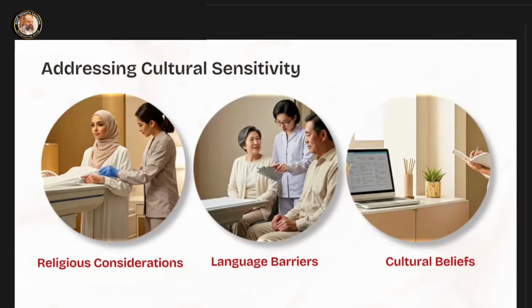Language barrier is also very important. Certified medical interpreters are essential when explaining complex imaging findings with nurses, ensuring that technical terminology is accurately translated and comprehended by families. Then are the cultural beliefs. Various cultural perspectives on technology, radiation, and interventional procedures may require tailored approaches, with nurses adapting explanations to align with cultural frameworks.